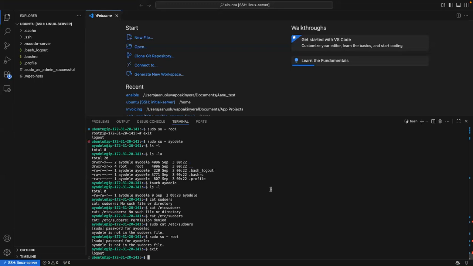The answer is quite easy. The command that you are going to run requires apt, A-P-T. What is apt?